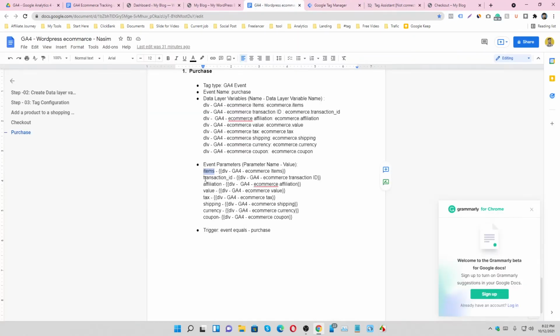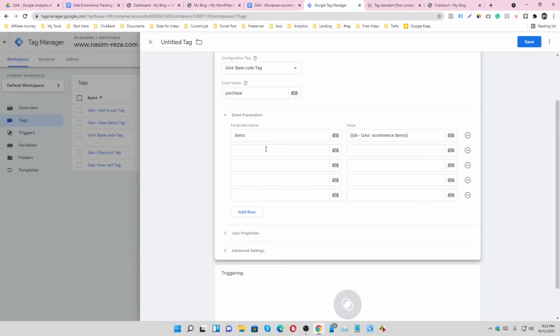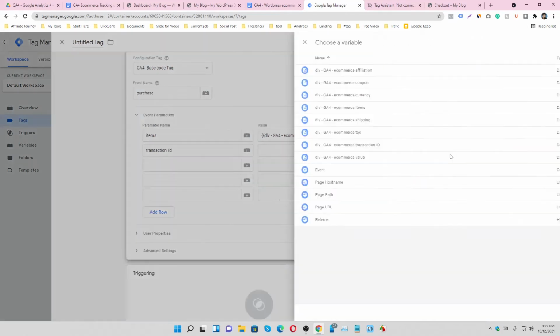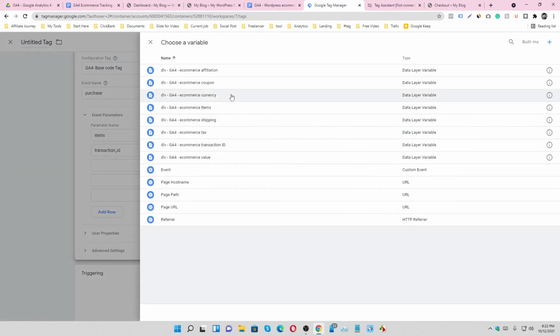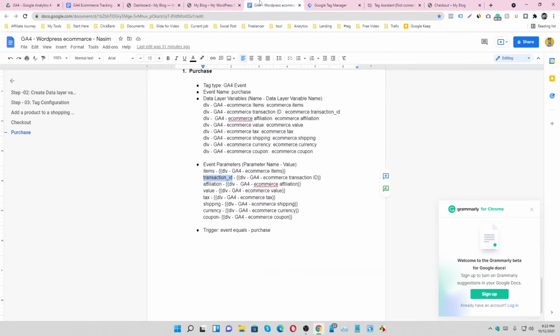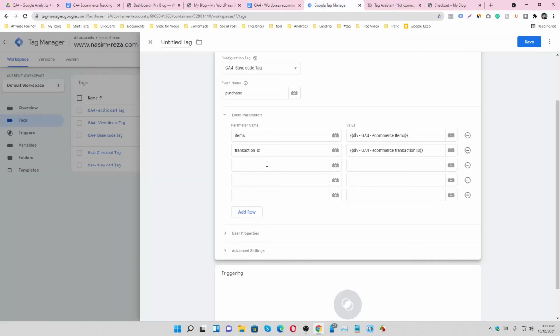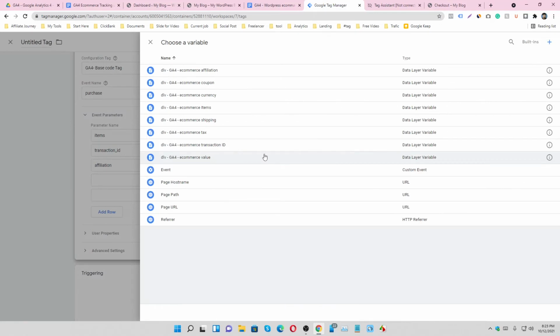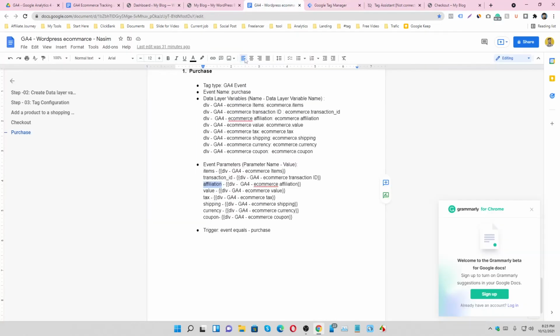Okay, the second one is transaction ID. Just copy it and paste it and select the transaction ID. Just copy affiliation and paste it here and select affiliation.